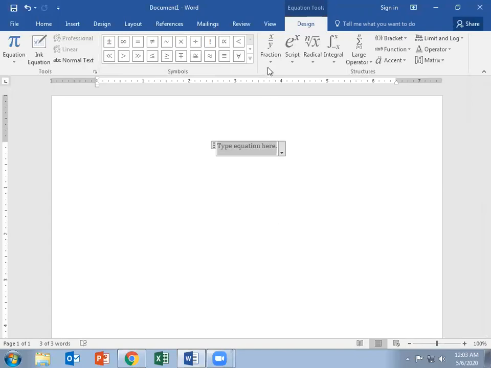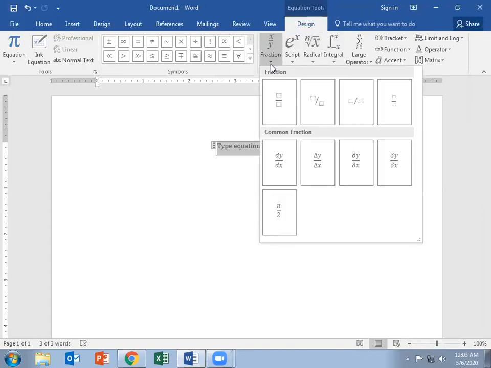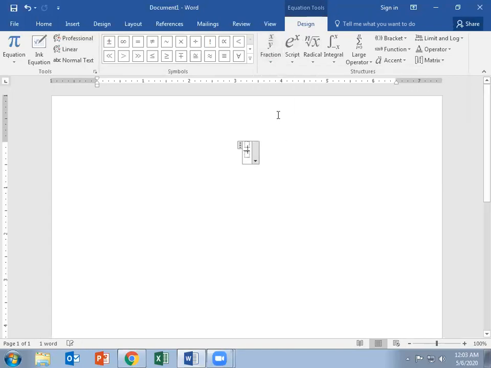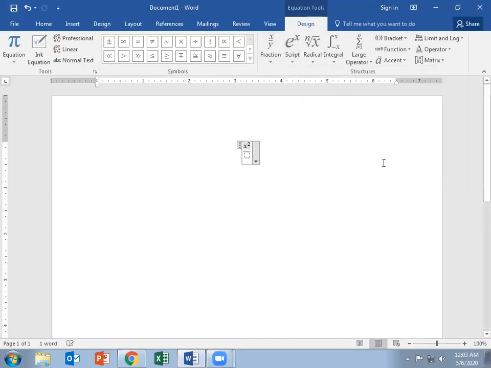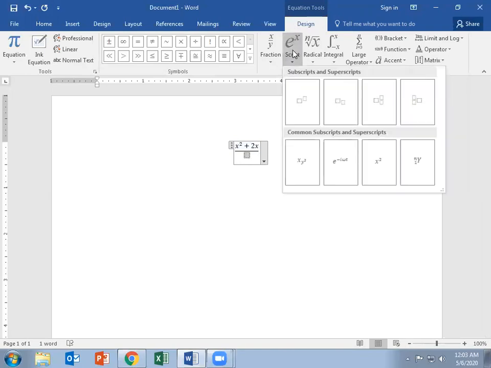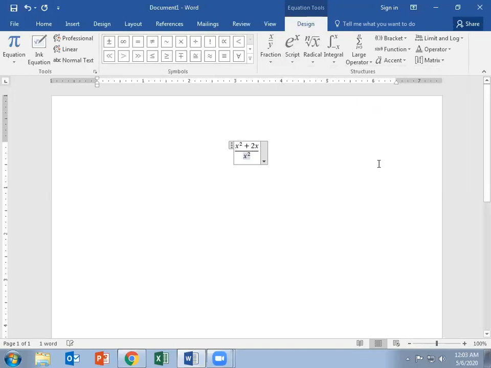I'll take a simple equation. For example, I want the equation in the following format: x and y, right? In the top, I want x square plus 2x upon x square minus 2y.